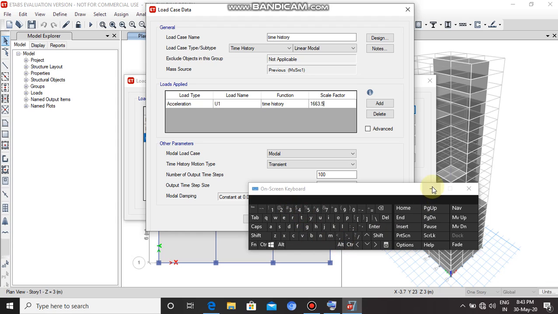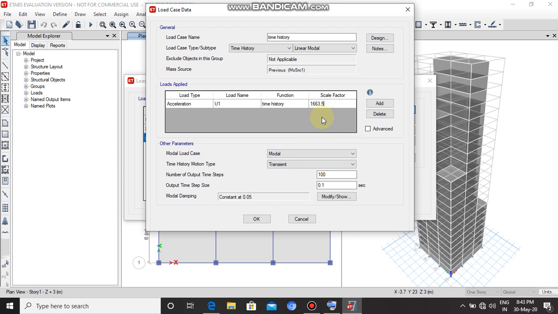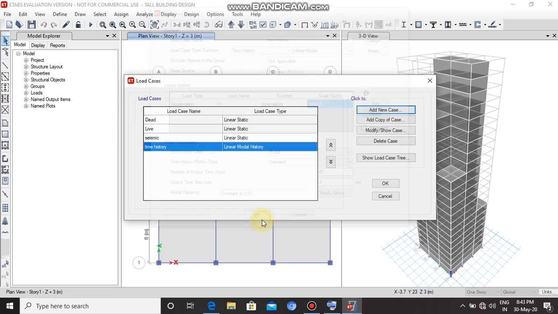Scale factor 663.5. The value of the scale factor we have discussed earlier. It is similar to what we have done earlier. The data file of the seismic time history has ground acceleration values only in the x direction, so no need for adding another load for the y direction. So click on OK and then OK.